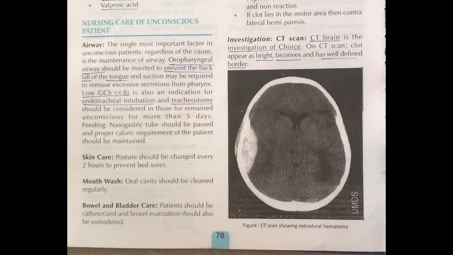We have another problem, that there will be bowel and there will be urine. So how can we deal with bowel and urinary conditions? We will put in a urinary catheter, that is a Foley catheter, in order to provide a way for urine to evacuate from the body, and for bowel we do bowel evacuation.